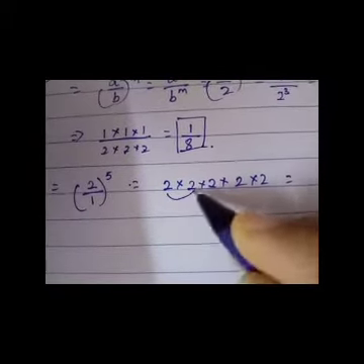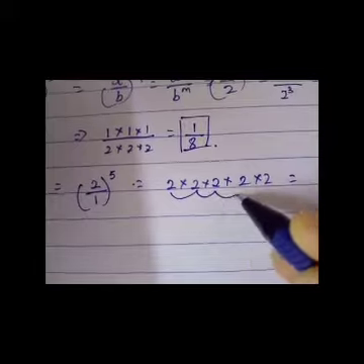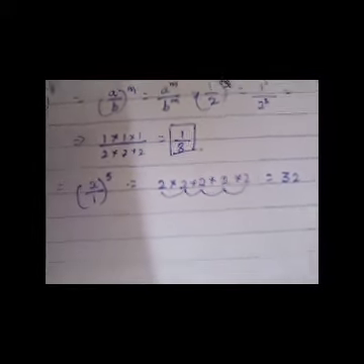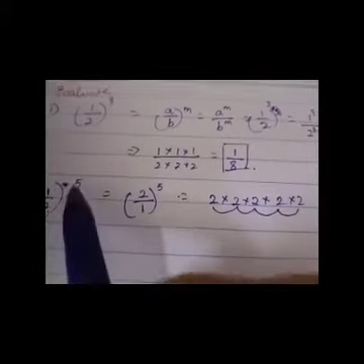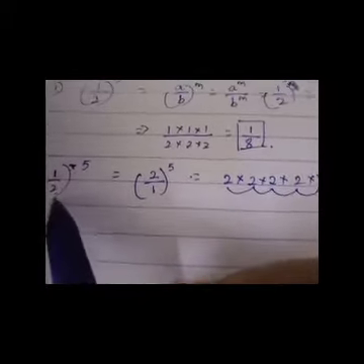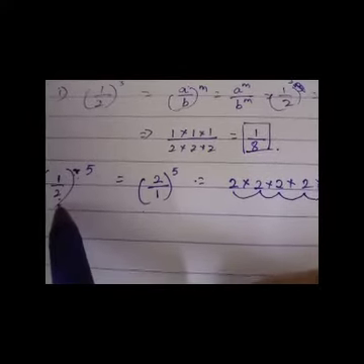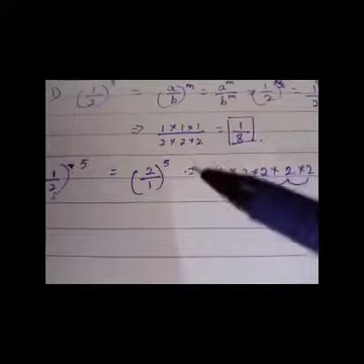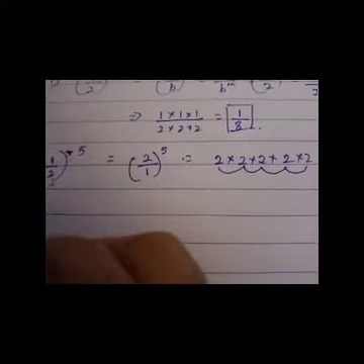Here 2 2s are 4, 4 2s are 8, 8 2s are 16, 16 2s are 32. Have you understood, students? If the power is in the negative, what you have to do? You have to take the multiplicative inverse of the number to convert into the positive power. Your next question is